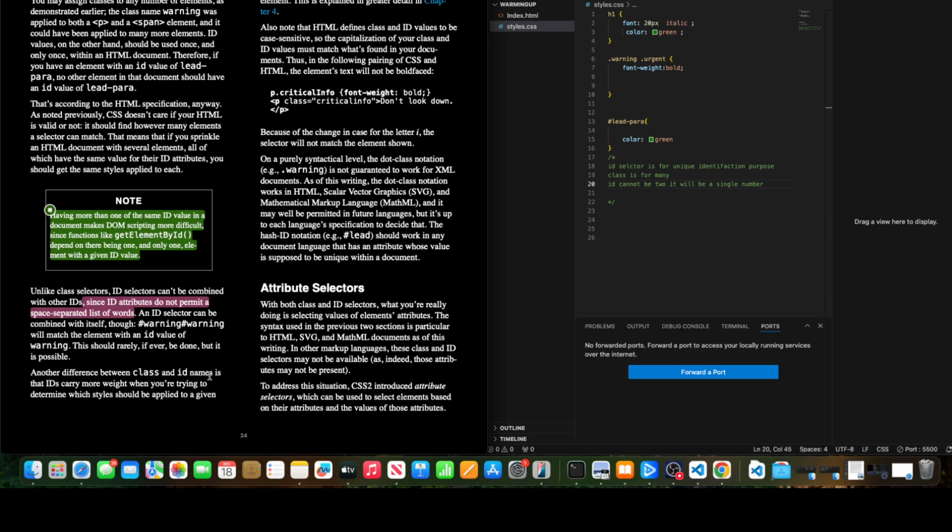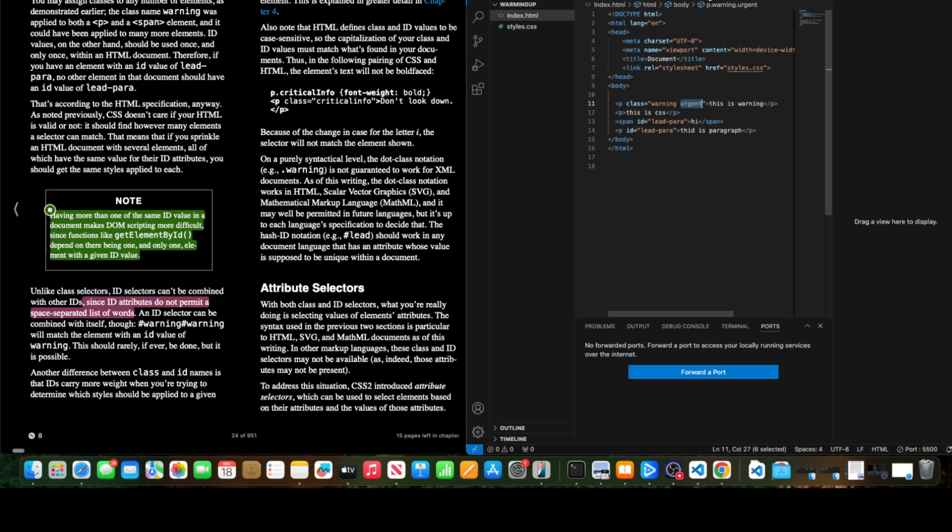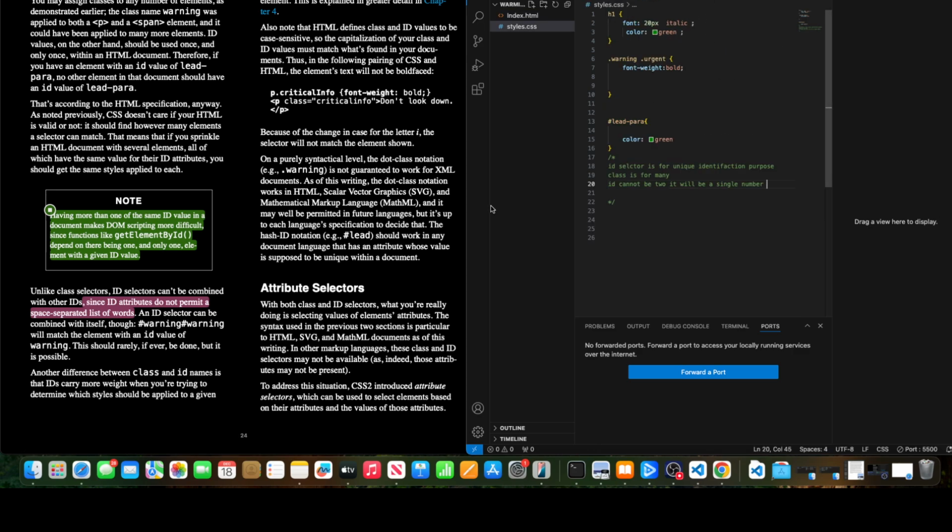So IDs carry more weight in determining specificity. This applies when we have multiple selectors, like a type selector and an attribute selector. It determines which styles CSS will apply first. Also, remember that class and ID names are case sensitive, so class warning and Warning are different. Even if we capitalize just the first letter,